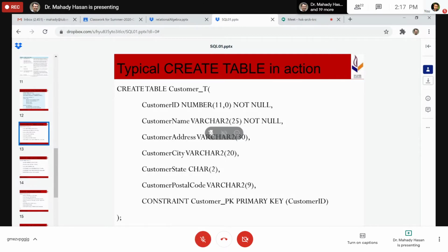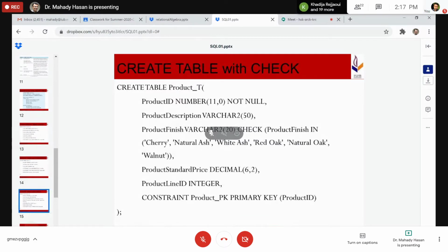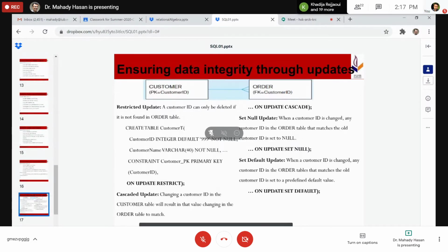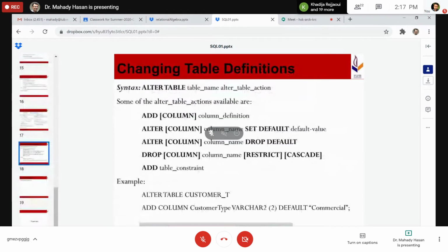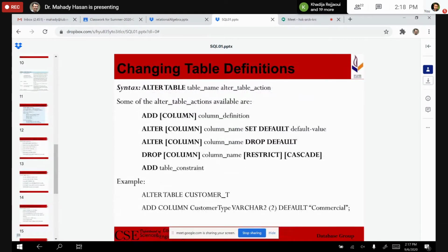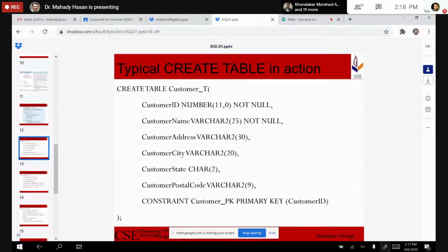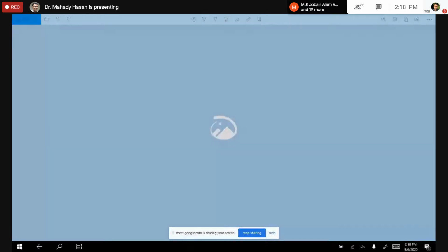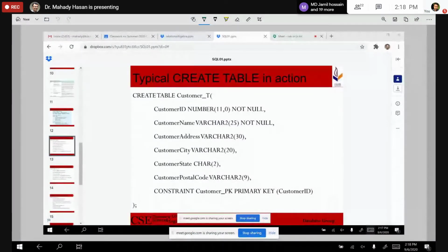Here, the primary key should be customer ID, right? So we can do it in 2 ways. The first one is here, and the second one could be here.